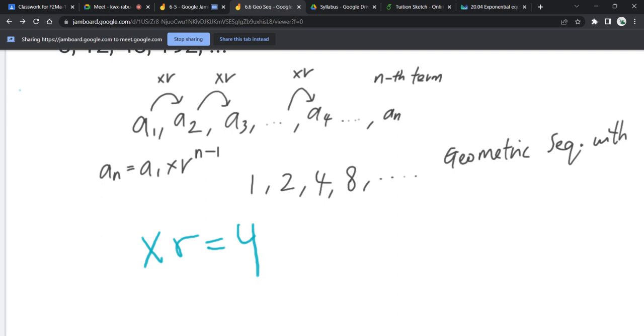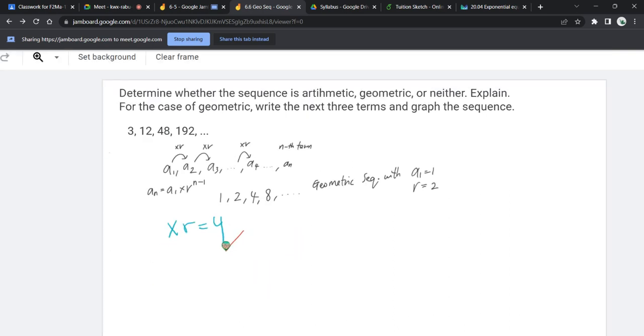Yes, yes. So to answer this question, you need to write the next three terms, right? Yeah. So next three terms and graph the sequence. Yeah. So to write the next three terms,